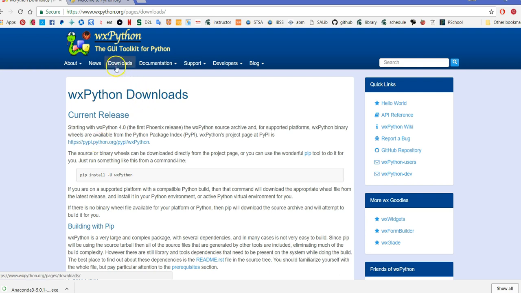And many of the additional packages have, of course, their own websites. But if they have information about this PyPI repository, information saying that this particular package is available through that repository, instead of downloading and installing it manually, you can go to